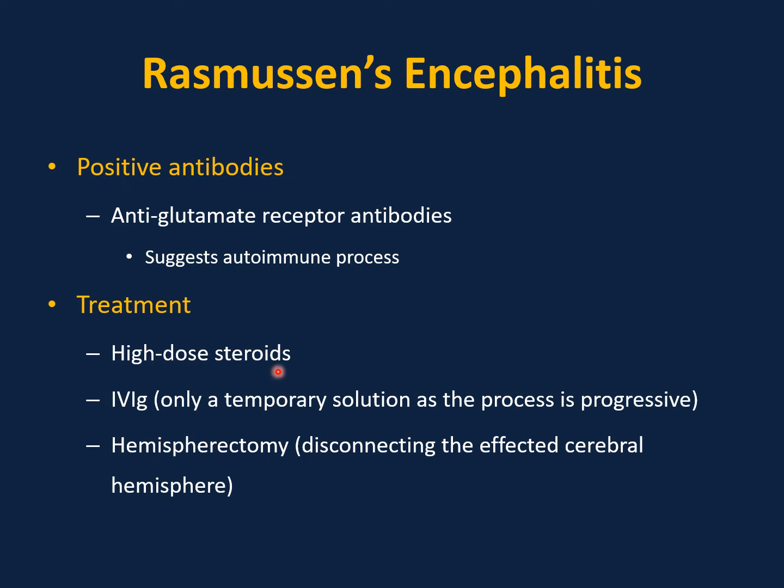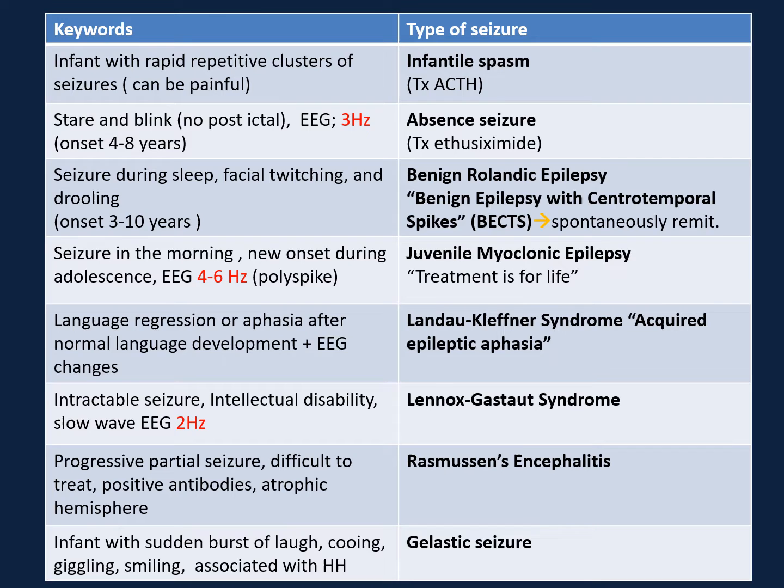Treatment is a high dose of steroids, so the exact diagnosis is very important because the treatment is different from other seizures. IVIG is another option, as is hemispherectomy, disconnecting the affected cerebral hemisphere. This is a summary of the different types of seizure with the key word of each one. The first one: an infant with rapid, repetitive clusters of seizures. This seizure can be painful and the infant may cry. It is infantile spasm, and the treatment of choice is